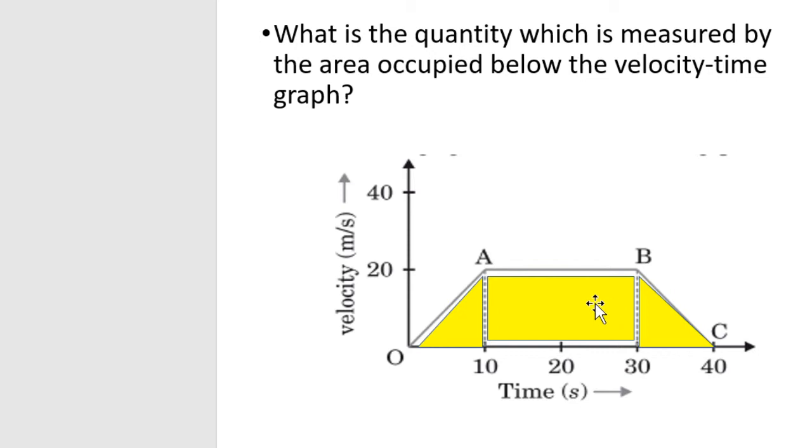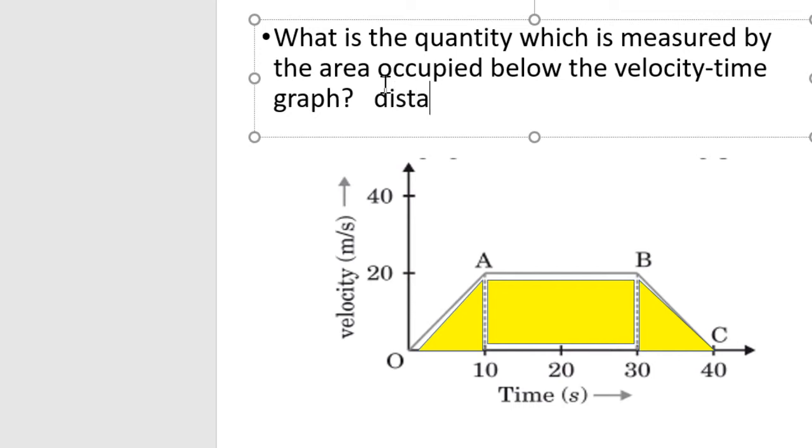So if I calculate the area, I told you previously also, if you calculate the area for a velocity time graph, you will be getting the distance, or we can say displacement here. This is exactly the same thing we did when we were graphically deriving the relationships between the three terms: velocity, time and position. We calculated the area under the velocity time graph, and when we calculated the area, what did we get? We get distance. So here also the answer is we will get distance. You all can probably write we will get distance.